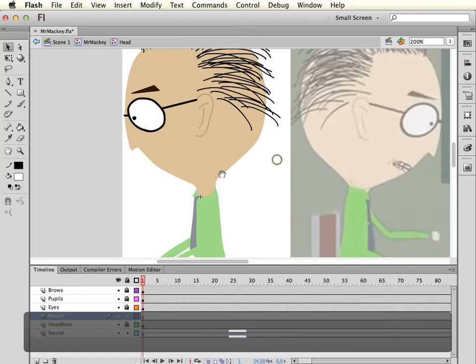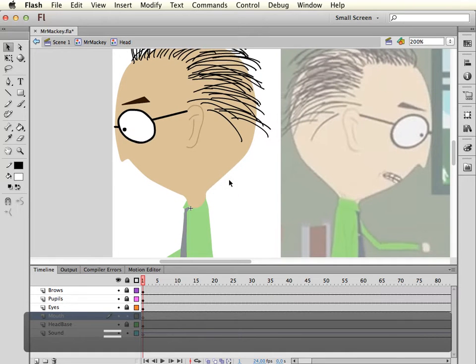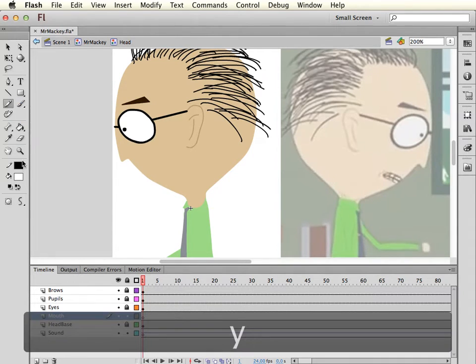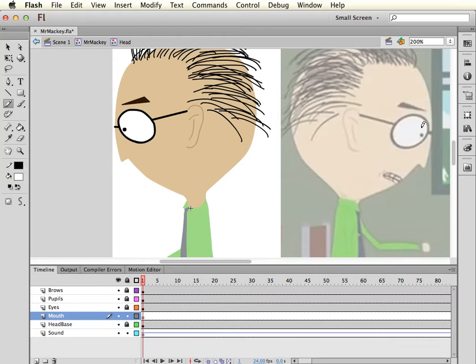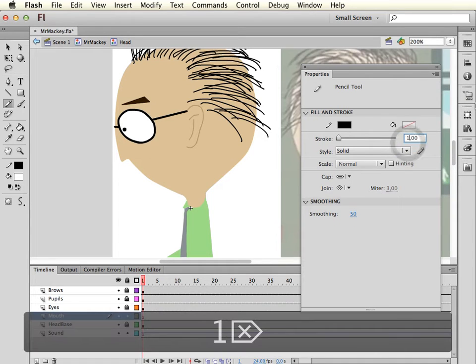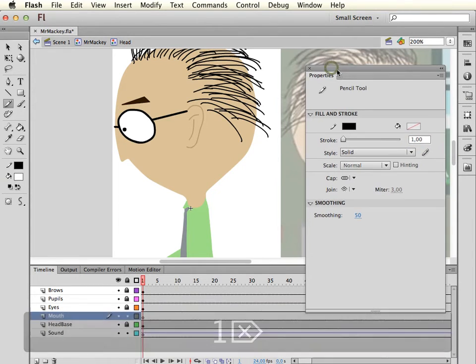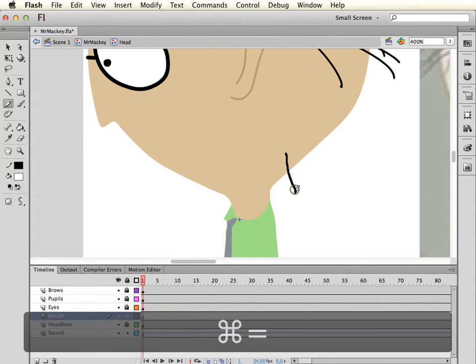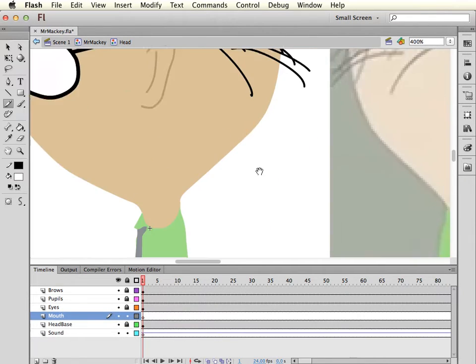I'm going to zoom in a little. So I'm going to do my own mouth shapes inspired by the style of the South Park characters. So I'm going to take the pencil tool, take a black stroke color and stroke width, I'm going to use 1. Make sure that the tool, the pencil mode, is set to smooth. So now I'm going to zoom in, and on the mouth layer I'm going to draw